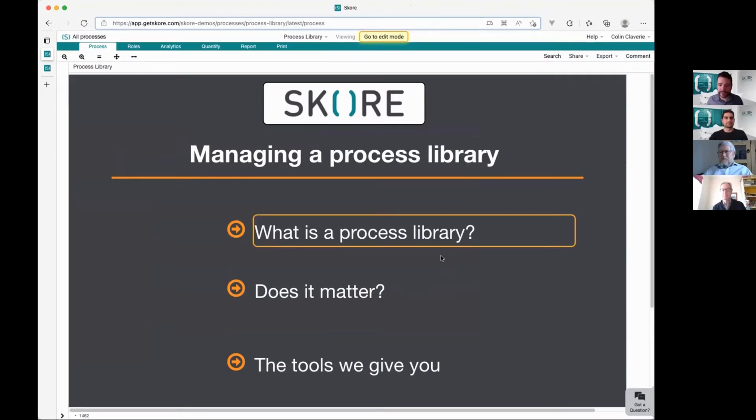What I will talk about today is how to manage process libraries. I am Colin Claverie, the CTO at Skore and one of the founders. I'm in charge of everything related to the product, but I'm also a consultant, and I've helped companies set up process libraries to make the most out of